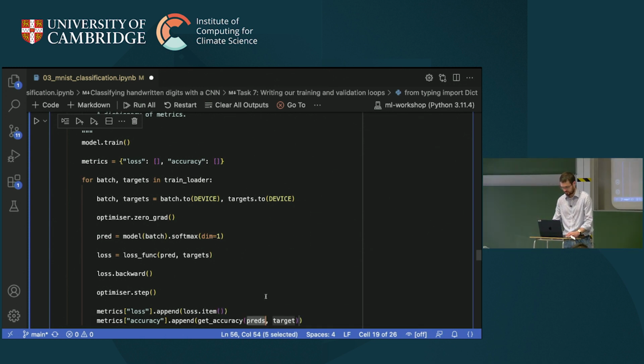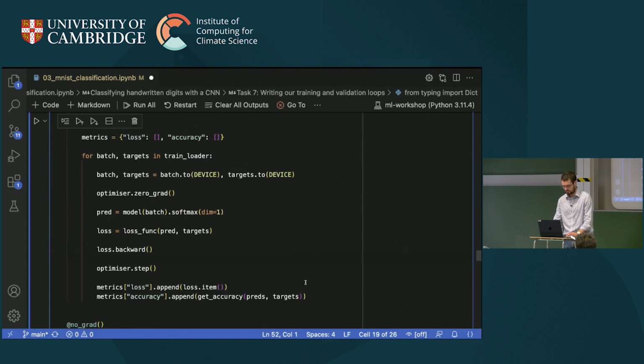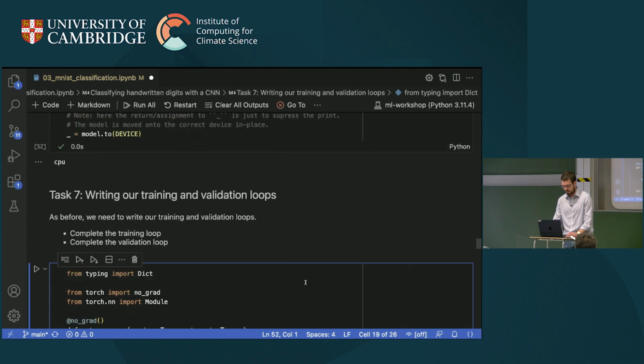Preds and targets. I'm really bad at not put. Yeah, sorry, no worries, hang on. Yeah, so basically this,